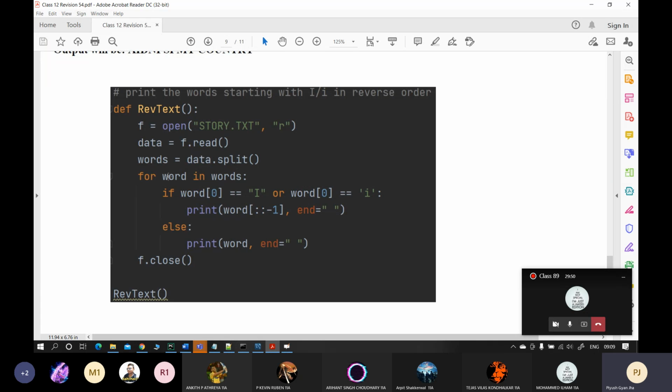So we have taken a relevant name here. I भी ले सकते थे. If each word that you are getting starts with, because each word will be a string, the string का 0th character will be the beginning of the word. So if the beginning of the word is uppercase I or lowercase I, of each of the word, we will print the word in